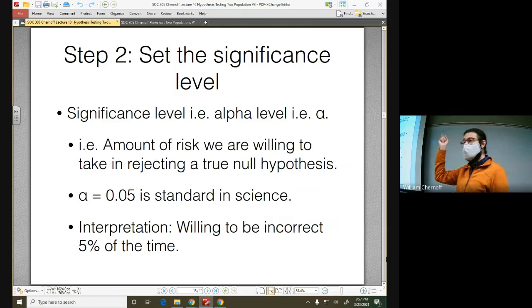Okay, so step 2, we set our significance level. Remember, in life, we make decisions, and it doesn't matter what decision you make, there's always going to be a chance that you're wrong. Where statistics is a little different is that we can control that chance of the mistake we're going to make. So we can say explicitly that we think being wrong 1 in 20 times is fine. That's where that 5% comes from. Take 1 divided by 20, you get 0.05.